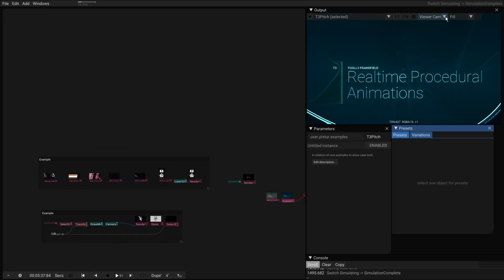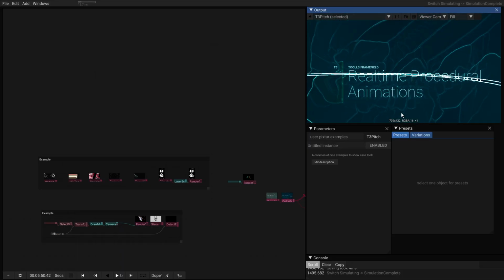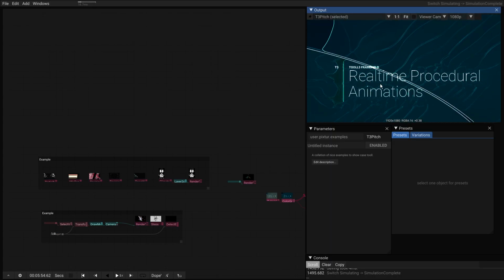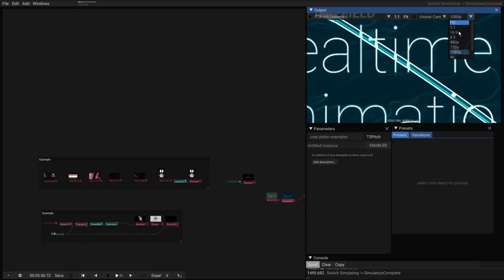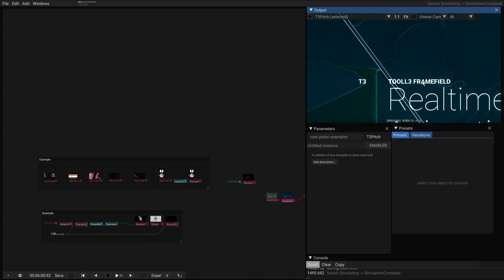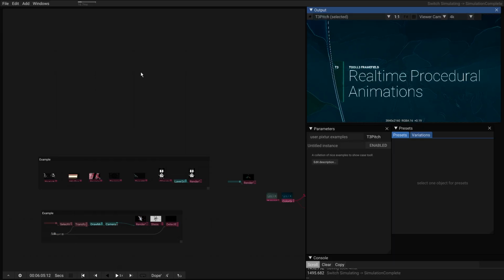And then you could either use the resolution of the current output window, which we see here. So if we reduce this, we see the resolution being changed there. But you could also set this to higher resolutions, and then zoom in here and see how this would look up close, like that.